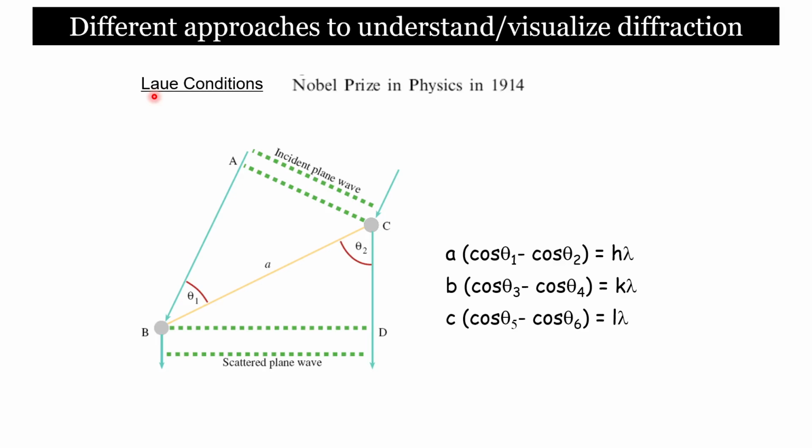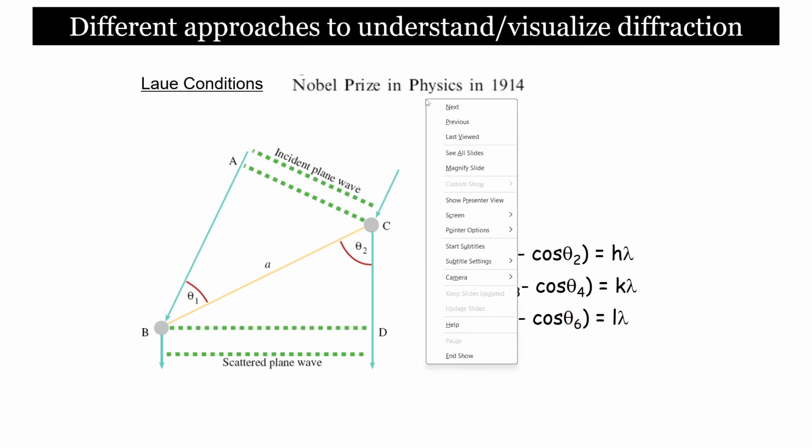But initially the conditions were given by Laue, who got the Nobel Prize in Physics in 1914. Bragg extended these Laue conditions into a much more convenient form which you can understand and apply directly to your systems, which is known by all of you,